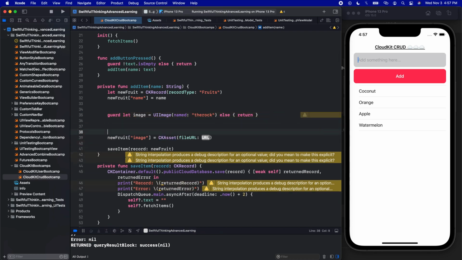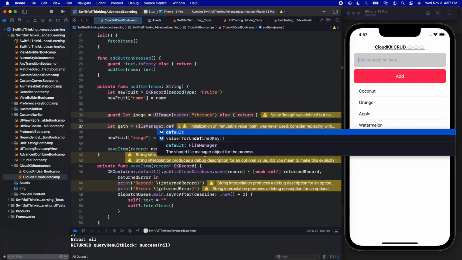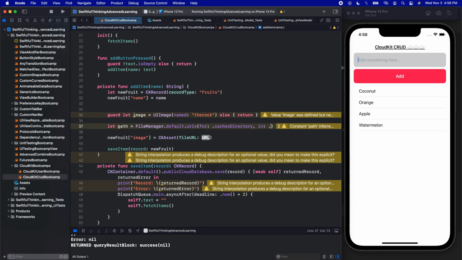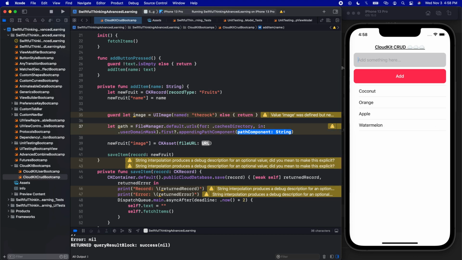All right, so I'm going to, let's say, let path equals, and I'm going to move a little quickly here because I've covered file manager so many times, but let's save it to the file manager. FileManager.default.urls, and we're going to save it in the, let's do the caches directory. I think it's the most common. For the user domain mask, and this returns us an array of URLs, so I want to get the first URL from there, and then we need to give it just like an image name that we're going to save it for. So we'll save it as .appendingPathComponent, and I'll just save it as